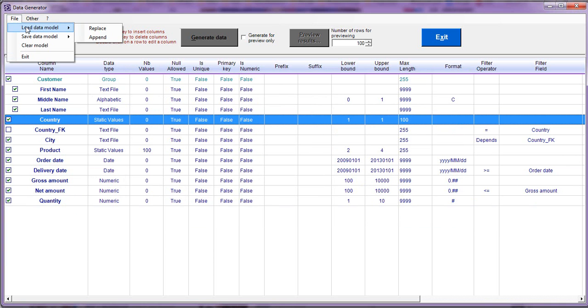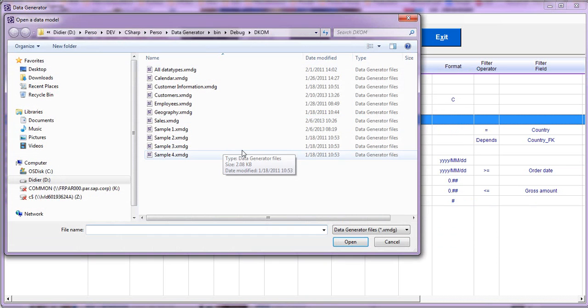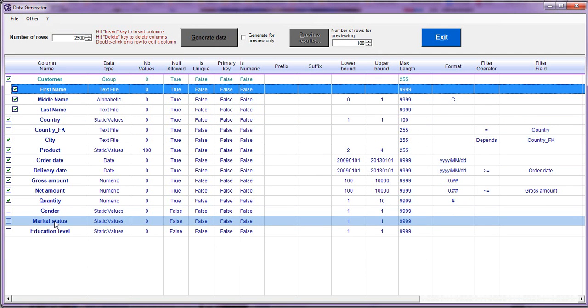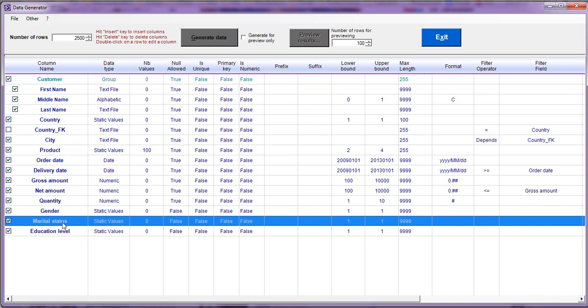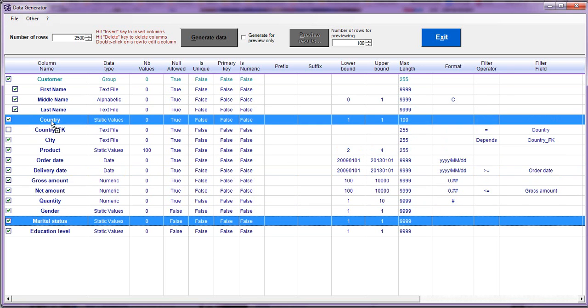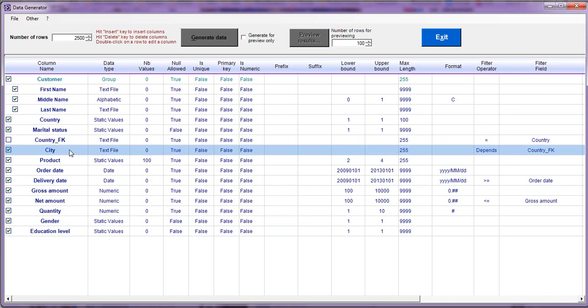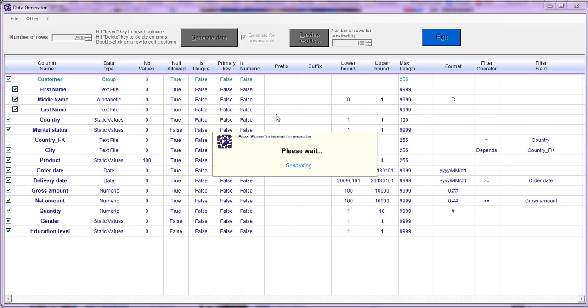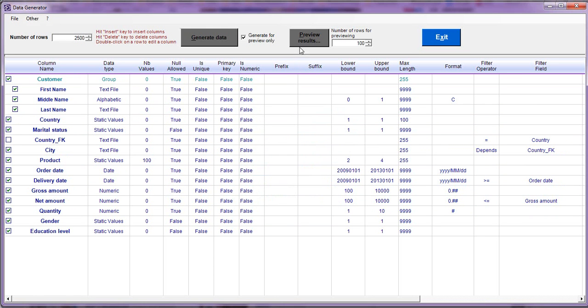I will now append a model by adding customer information in the sales model. I've just added three new fields, gender, marital status, and education level, that I can select and move in the model. Now I will generate the data for preview only and select 100 rows, then generate the data and preview